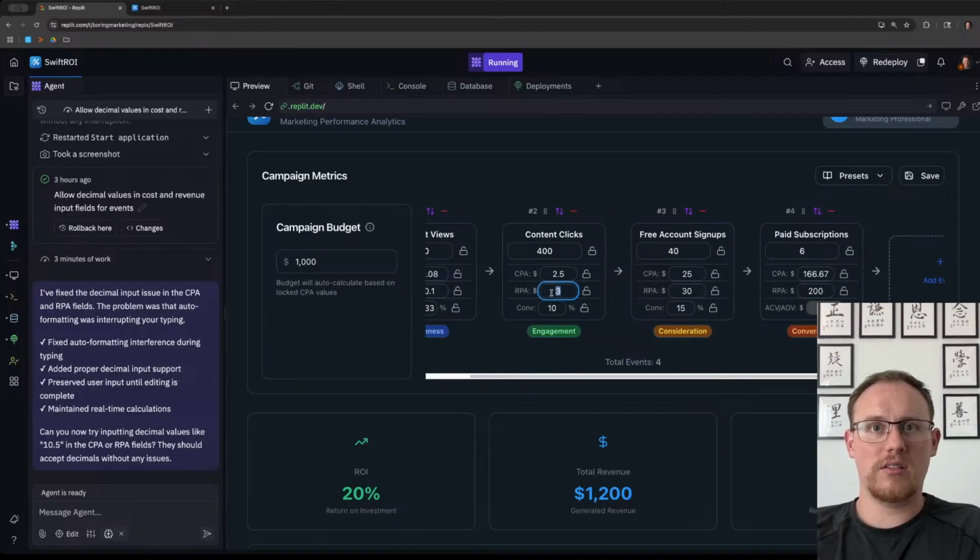Is it basing it off of... Wait a second. 5. Total revenue. My CPA, changing the CPA value shouldn't change the revenue per action value. Oh, is it going off of... I think it's going off of net profit. I'm just realizing this. 5 times 400. No, that's giving me